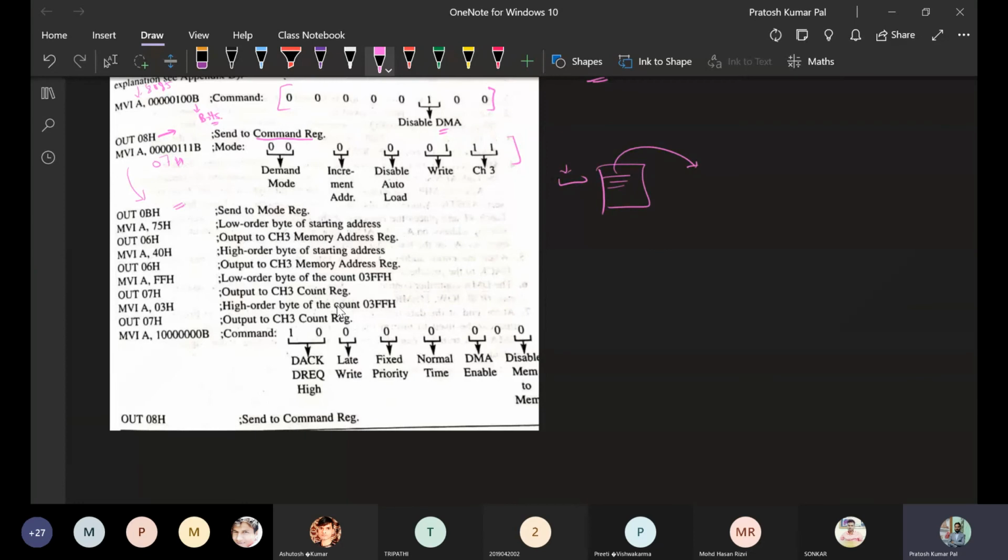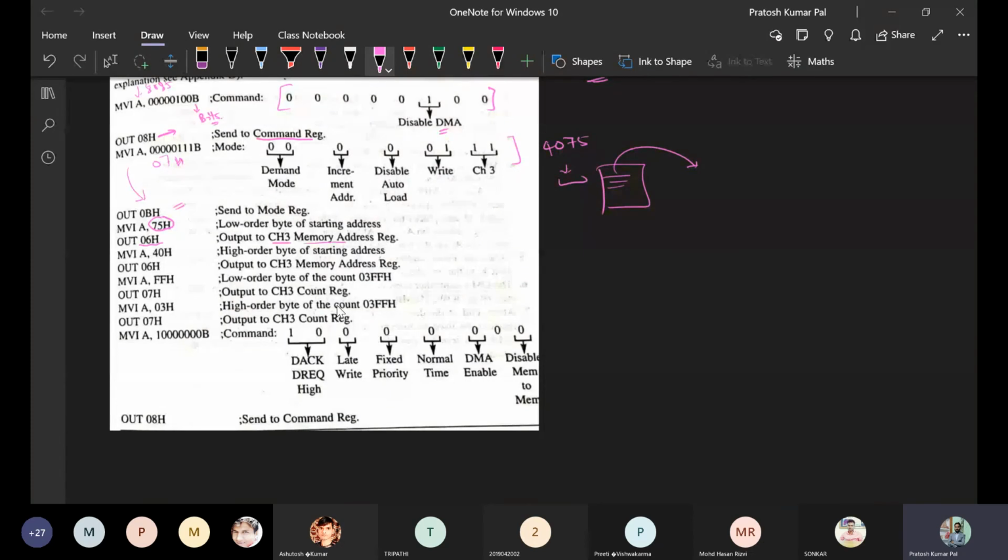This location address should be provided to the channel through which we are going to take the data transmission. The location 4075 was given in the question. First of all we will be sending the lower byte. So the lower byte, 75, will be put into the accumulator, and this accumulator data will be taken out to the port address. That port address will be 06. So 06 is basically for the channel 3 memory address location.